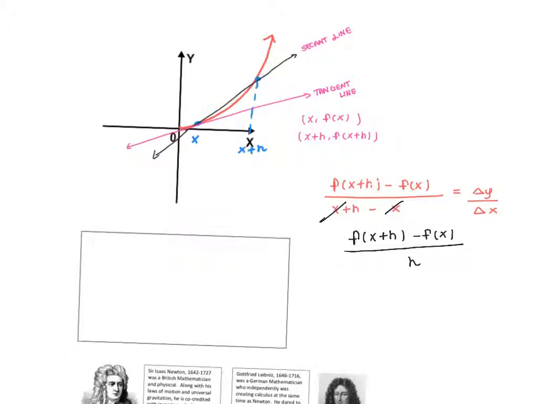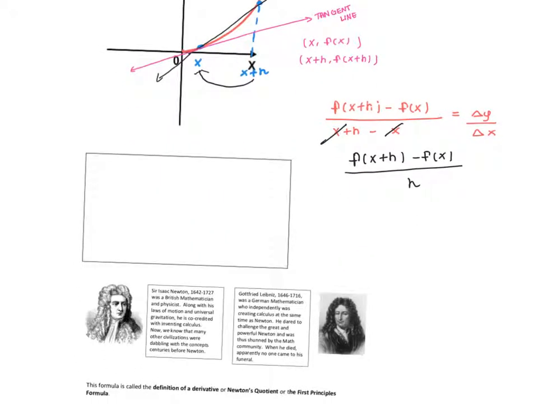But I want to think of infinitely many secant lines that eventually close the gap between here and here, between x plus h and x. That's a limit. I want to know what value my slope approaches as my h gets closer and closer to 0. Do we get that? Okay, so I need to find the limit